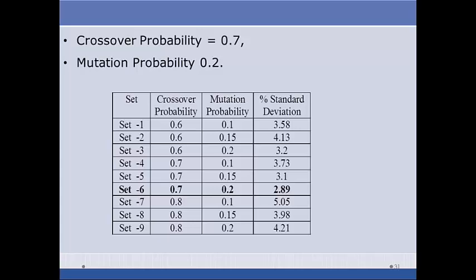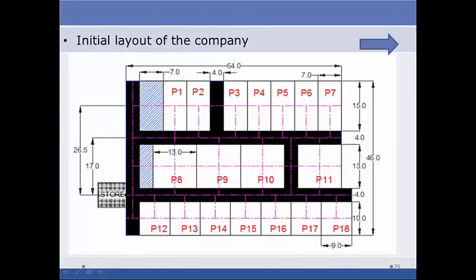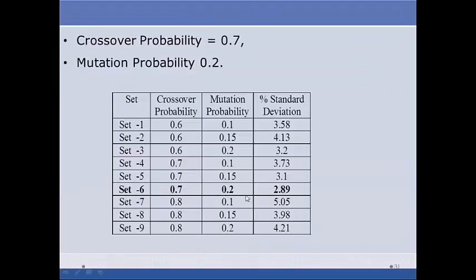it came to be known that when we consider this particular combination, 0.7 and 0.2, the standard deviation of the variation of the solution is minimum. This gives us the robustness of our program. Whatever program we have developed, we have to check whether that program is robust or not. So in this way, the robustness is checked, and it shows the standard deviation of the solution was this. So I went for 0.7 as the crossover probability and 0.2 as the mutation probability.